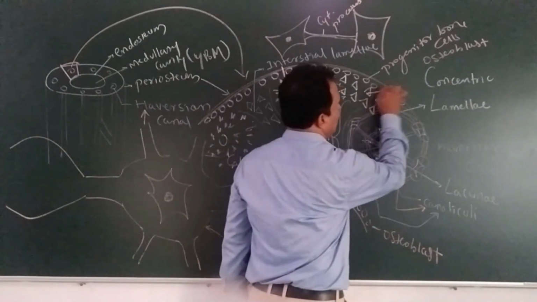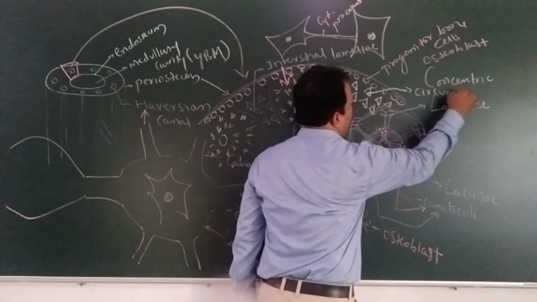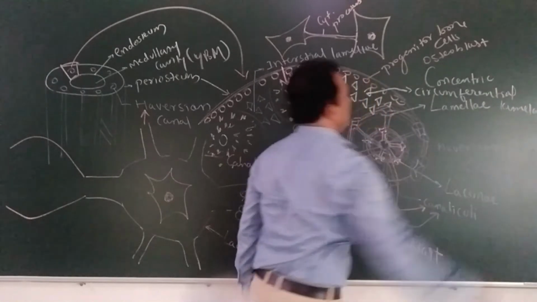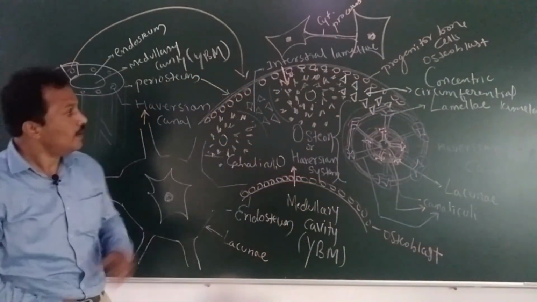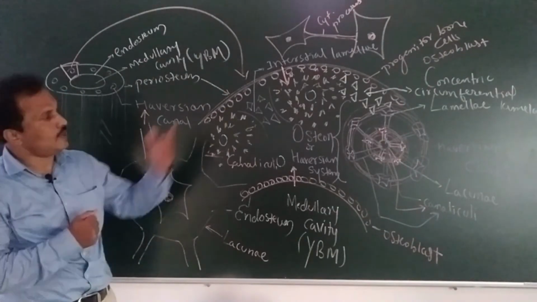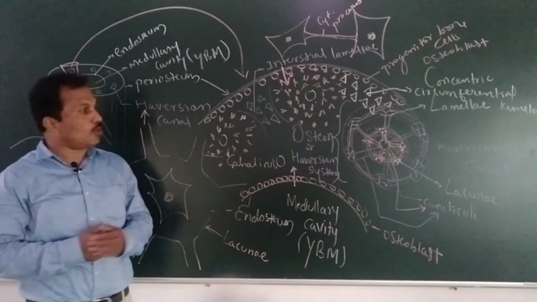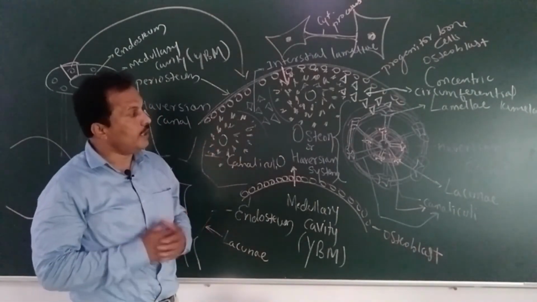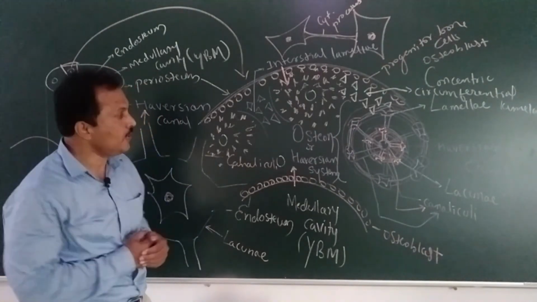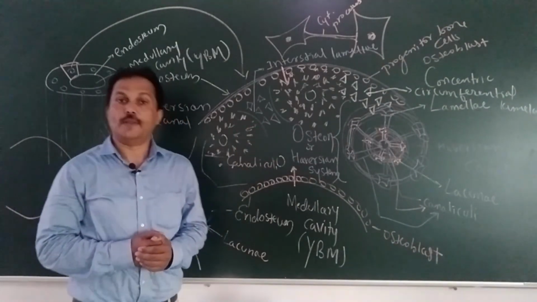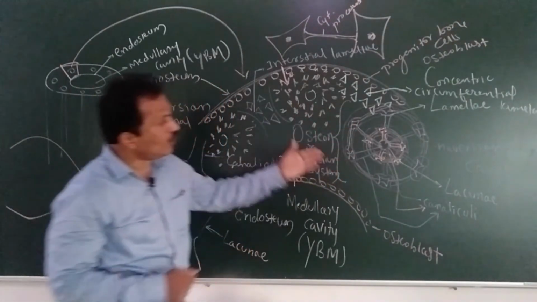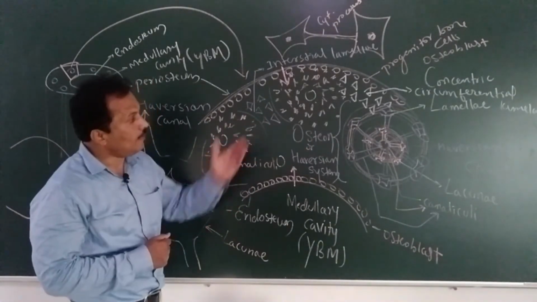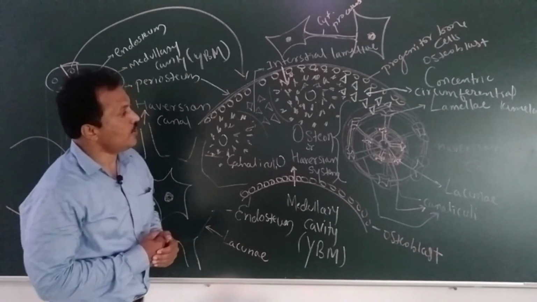These are nothing but the layer of circumferential lamellae. In this diagram, you can have a look at the central Haversian canal, surrounded by concentric rings, in which you will find the osteocytes that are connected with each other through the canaliculi, through the cytoplasmic processes. So this one unit is known as an osteon. In between two osteons, the interstitial lamellae is seen here, as well as the circumferential lamellae.